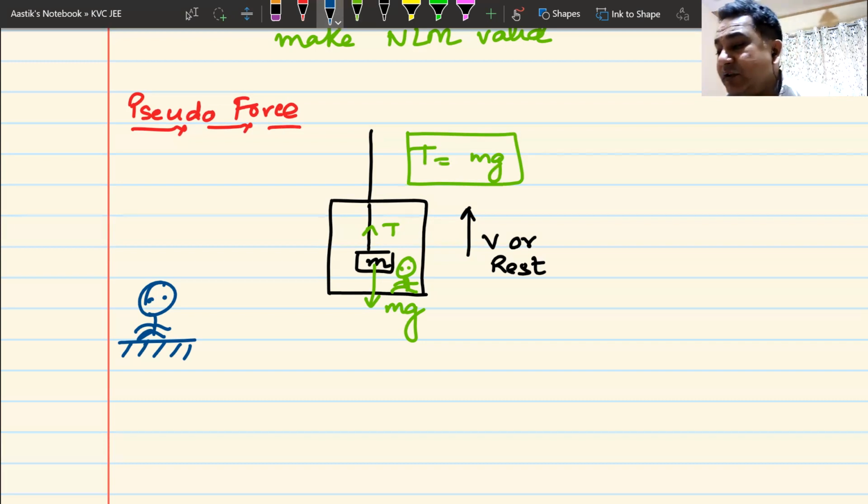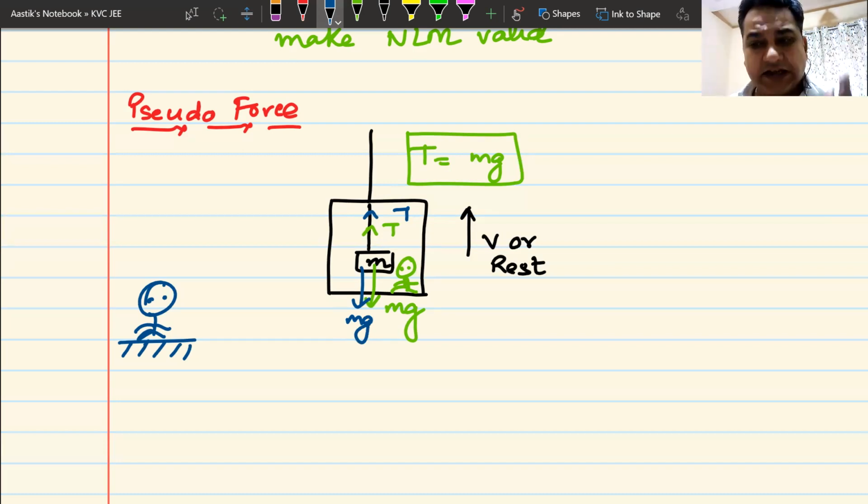This blue Hulk is also going to write the equation. Now, what does the blue Hulk see? Blue Hulk has a different view. Green Hulk doesn't know that he is moving upwards. The blue Hulk sees that he is moving upwards, but he sees that it is moving upwards with a uniform velocity. So he draws a free body diagram. He says T upwards, mg downwards. The block is still in equilibrium because it is not accelerated. So upward force must be equal to downward force. He writes the equation T is equal to mg.